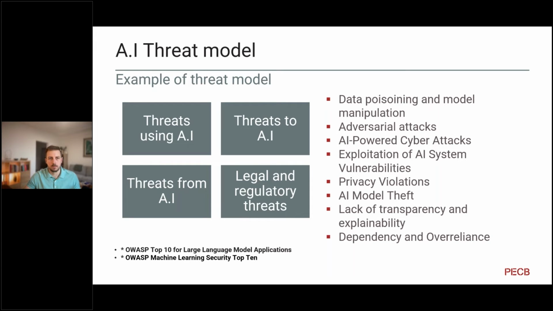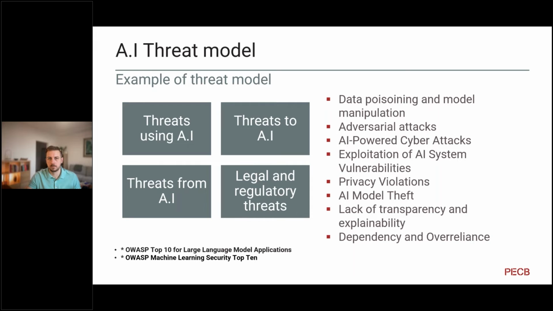The second point is adversarial attack. These involve creating inputs that are specifically designed to trick an AI model into making mistakes. So you put inputs in the system. Known adversarial attacks are often indistinguishable from normal inputs to the human eye, but can cause the AI to misclassify or produce erroneous output. And this attack can be used, for example, to bypass AI-driven security systems by manipulating automatic processes and, as a consequence, cause the AI system to reveal sensitive information.